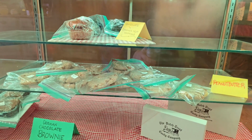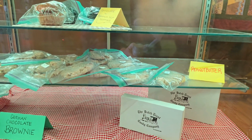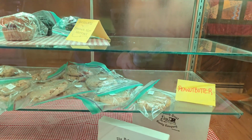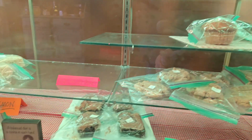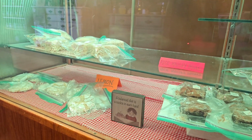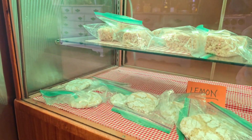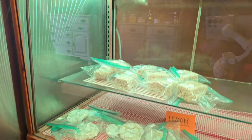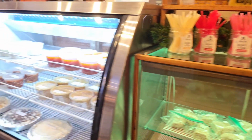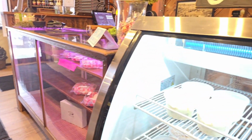I know all of you are going, how did Beverly miss that? But, so they've got peanut butter cookies there. They're $1 each. Chocolate and banana nut muffins. A balanced diet is a cookie in each hand, and I have to agree with that. Some lemon cookies. Rice Krispie treats. And everything in there is like $1. So very, very affordable in here because they have a lot of the homemade